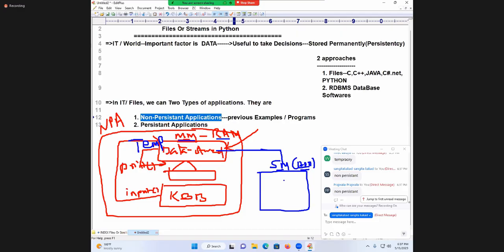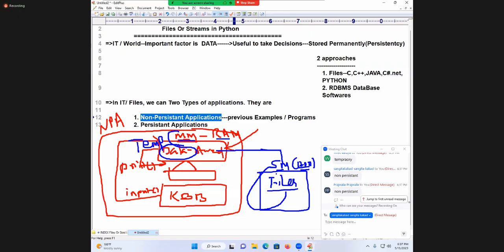But in our programming, we are not hardware people. When you want to save something, you have to give some file name. That means to store the data permanently, what is required? Files are required. So tell me, files are residing in where? And data is present in where?